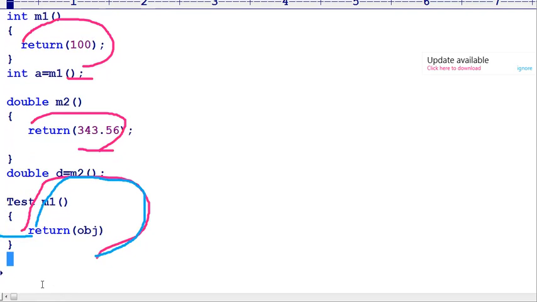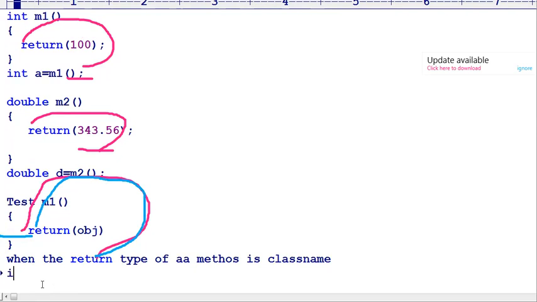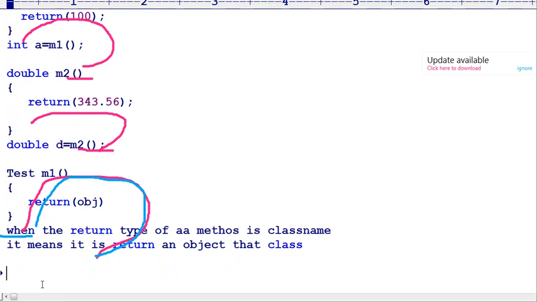Now, when the return type of a method is a class name, then it means that it is returning an object of that class. Let us go for a small example.